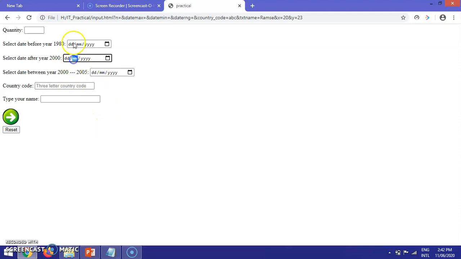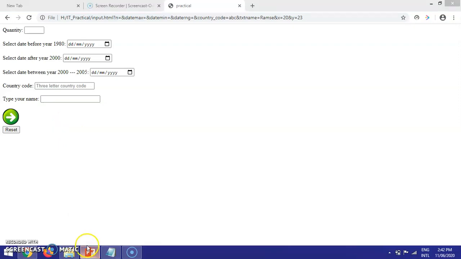But if your form is executed only once on the browser and you have not entered any value before submission, it's not going to show any kind of suggestions or choices like this. Even if you use autocomplete, it's not going to show unless you submit the form with some values. If you submit some values, it's going to show the values as suggestions. You can just select them directly if you want. So these are the attributes which were remaining.